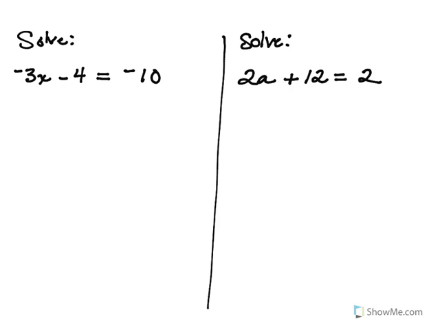So I have the x, which is here, that I know I need to get by itself. So when I look at the equation, I have the negative 3 times the x. I also have a 4 subtracting from the x. And all of that is equal to negative 10. And so what we want to do